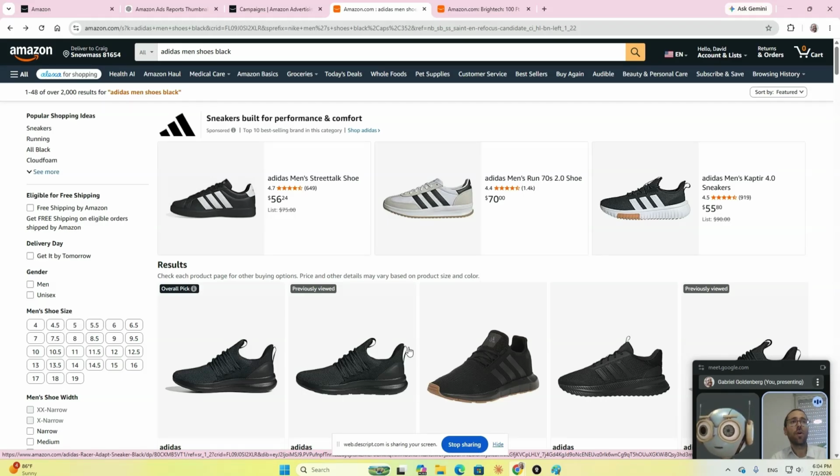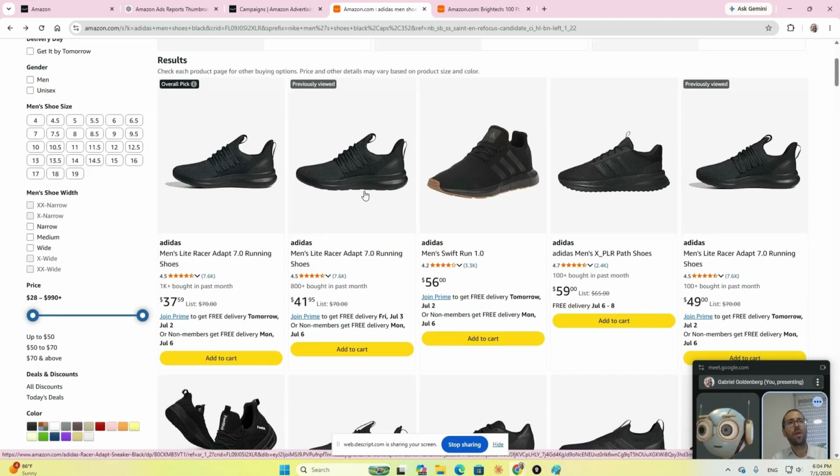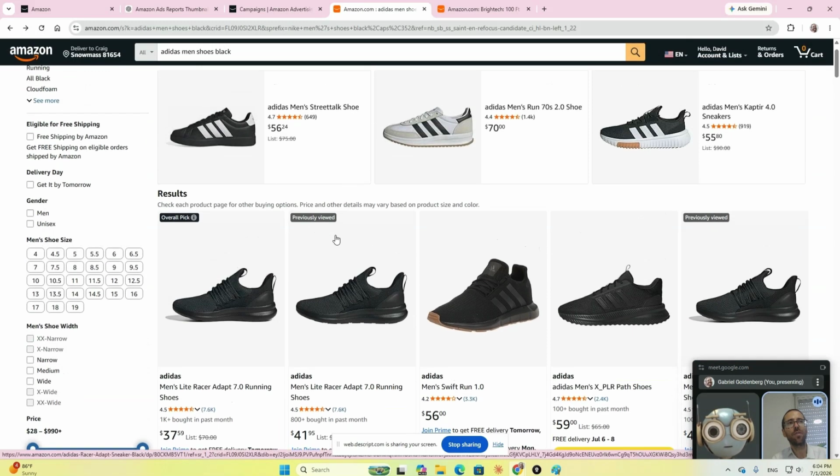But you can also use those to show up on search results. Amazon translates, for example, if you target this Adidas shoe to show up, even though you're targeting this, you would think that you'll just show up on their page, but in fact, it will also show you on search, and probably to people who've browsed this shoe before. Therefore, you need to consider, do I compare favorably or unfavorably to this particular shoe? And according to that, do I want to show up there? Do I want to show up in search results